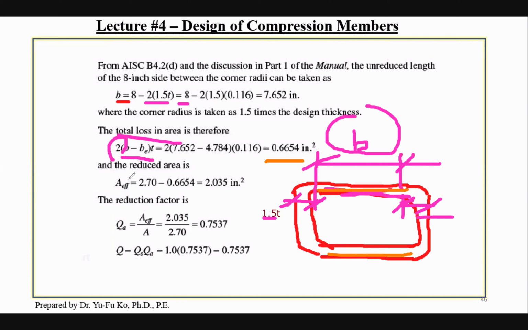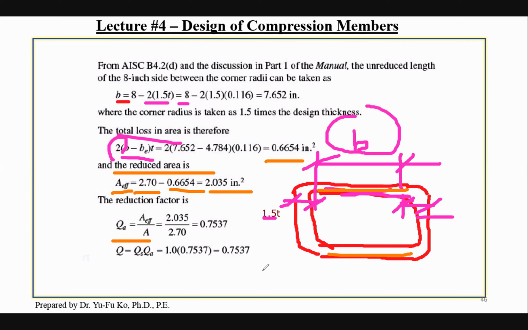So the reduced area is equal to the gross area minus the loss in area due to buckling. So your effective A is 2.035 inch squared. So your QA, like I mentioned to you, is AEF divided by A